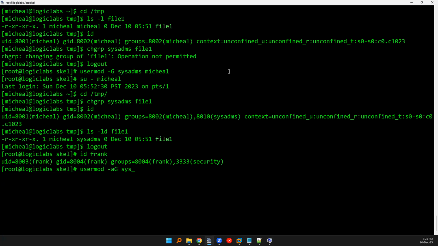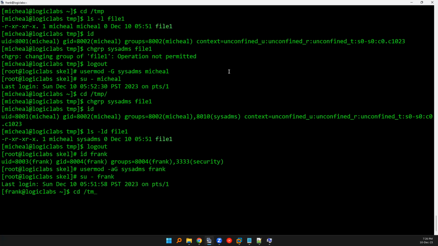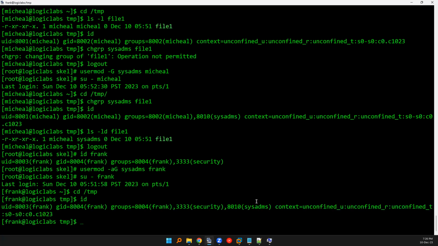So sysadms for Frank. Okay, so now if I switch to Frank and cd temp and id, you see he is part of sysadms also. So ideally he can change the permission, right? So chmod 777